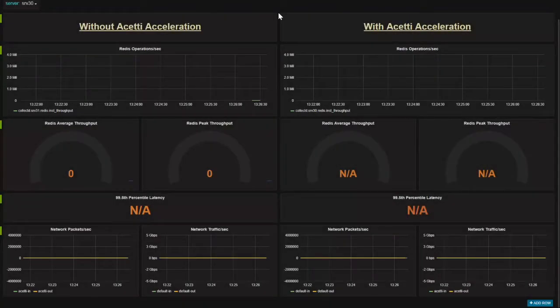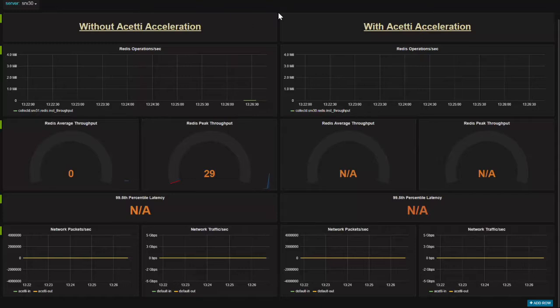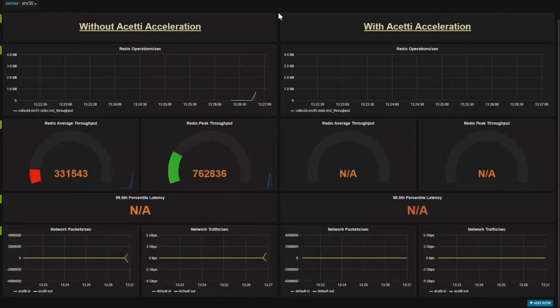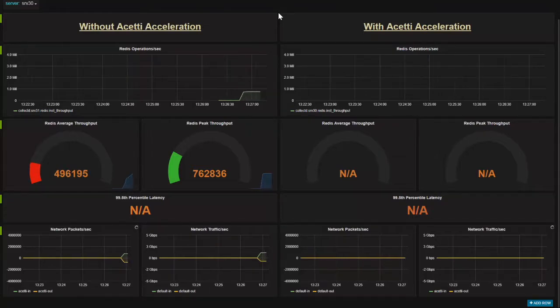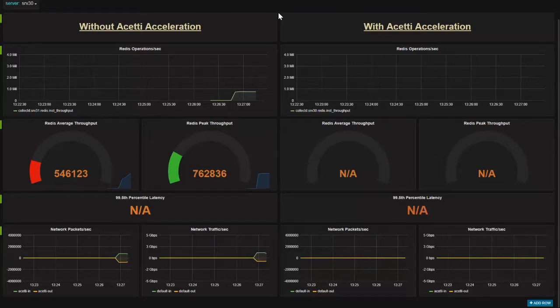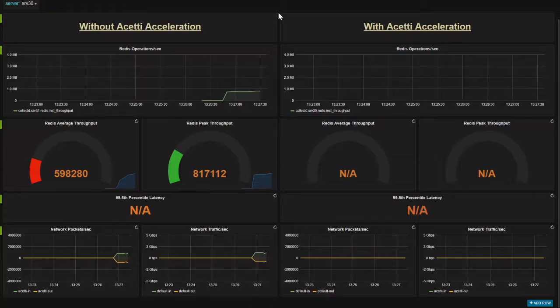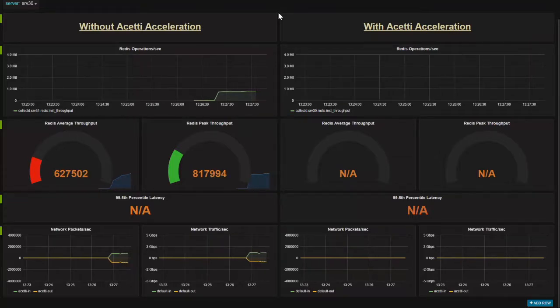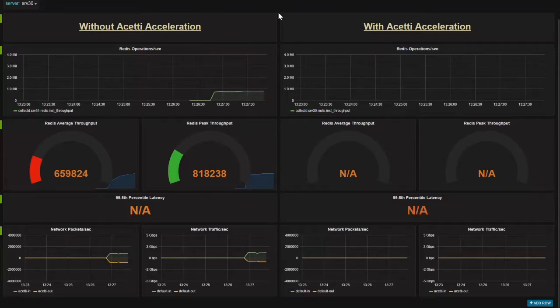Let's start the benchmark in the before case, meaning before Acetti has been enabled. At the top left, we're charting the number of operations per second Redis is handling. You can also see the moving average and the peak values beneath the chart. We'll also capture latency at the 99.5 percentile once the test concludes. Finally, we're showing the number of packets per second on the server, as well as the network bandwidth received and